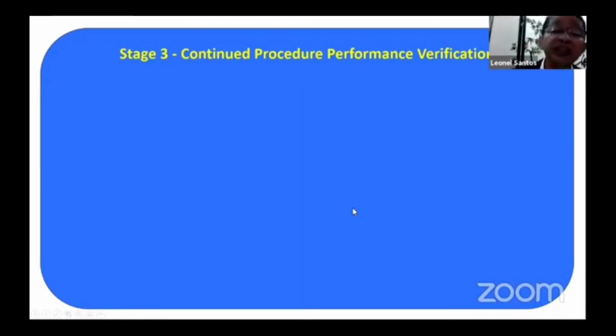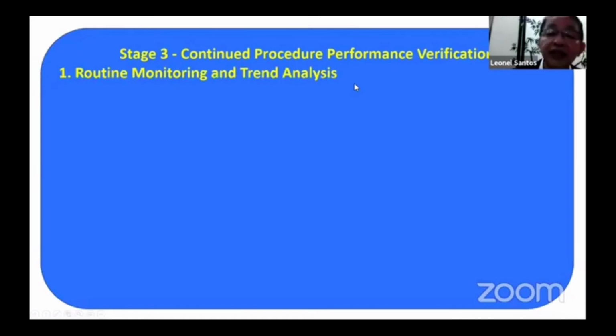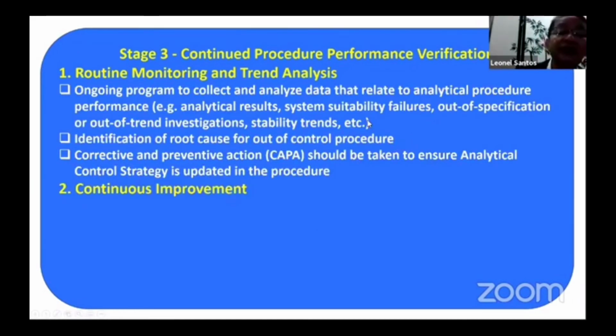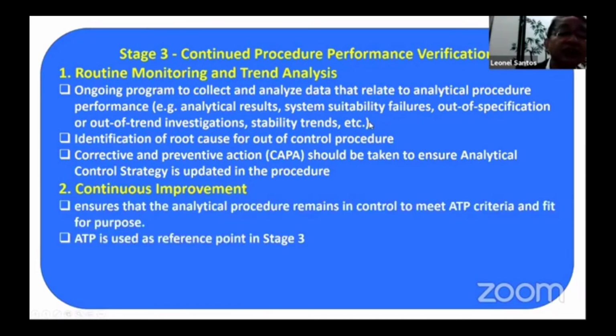When you start stage 3, it has its term as the continued procedure performance verification. It has 3 elements. The first one would be the routine monitoring and trend analysis. So during this time, it's important to determine